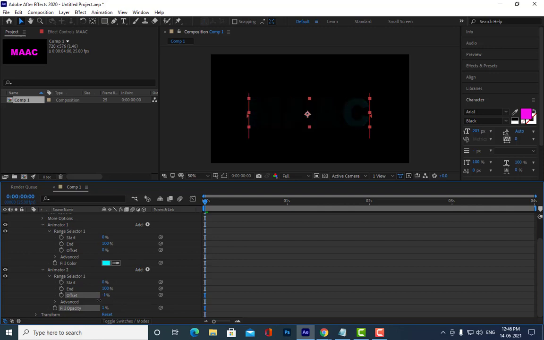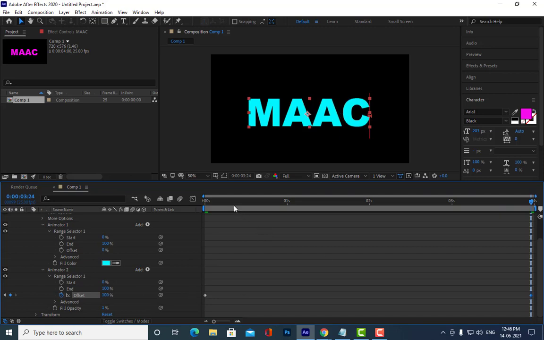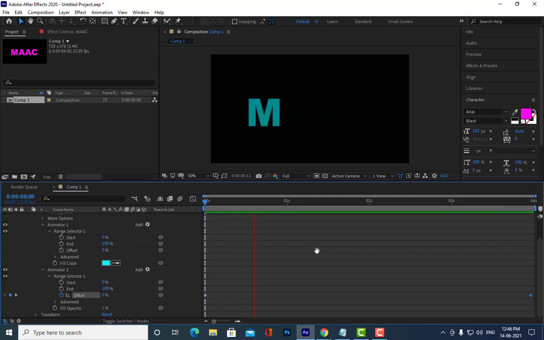Right now the offset is, can you see the change? Okay, so I can animate the offset value here. So I have animated the fill color and also I have animated the opacity. Is it clear, all of you?